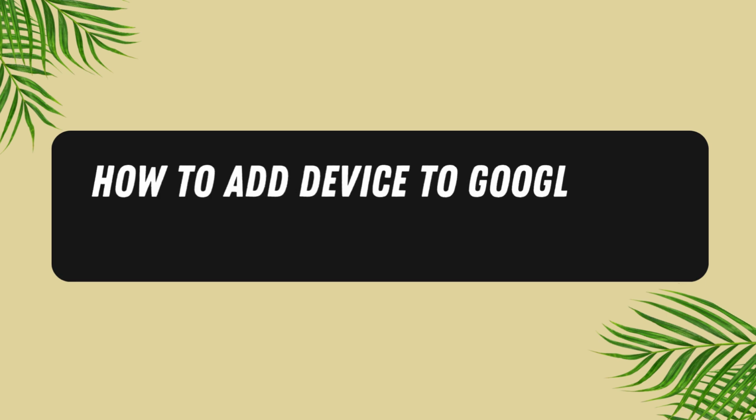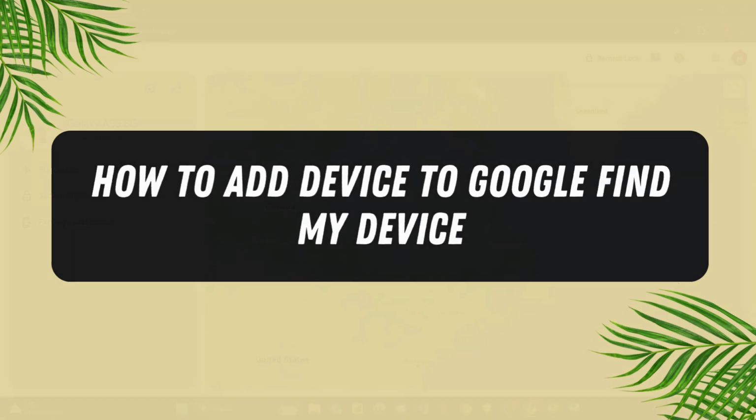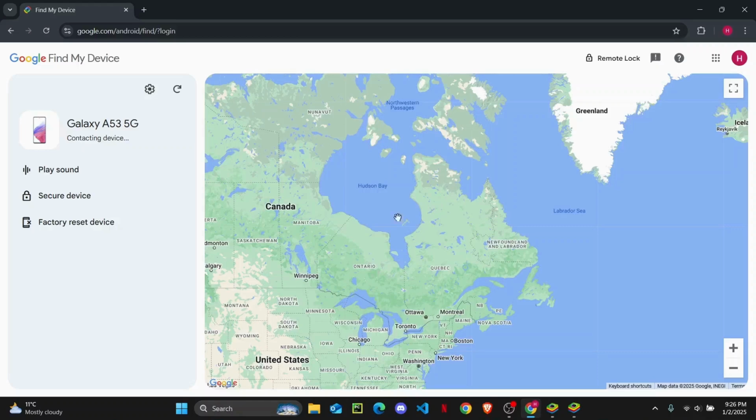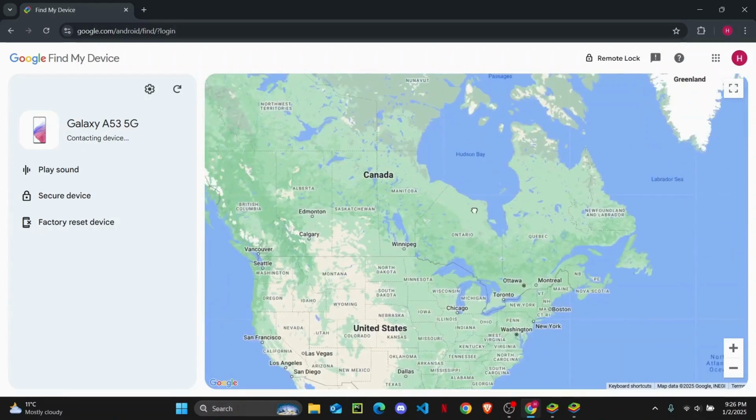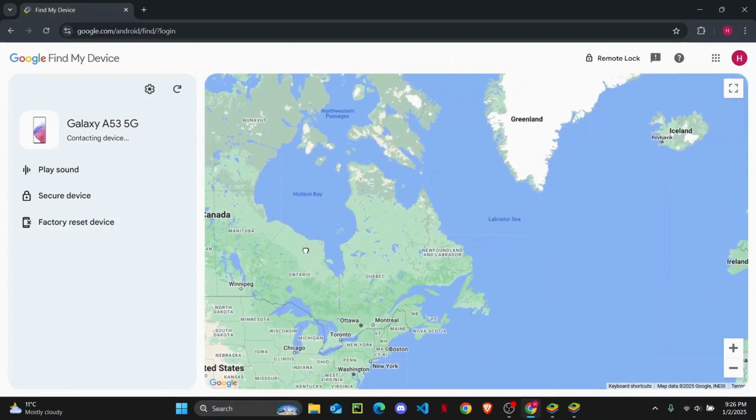How to add a device on Google's Find My Device. What's up everyone, welcome to the video. In today's tutorial, I'm going to be showing you guys how you can easily add a device on your Google's